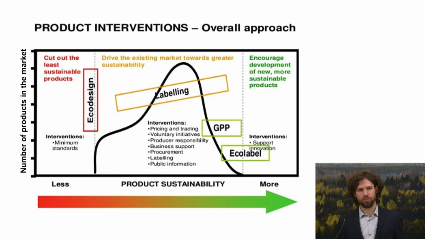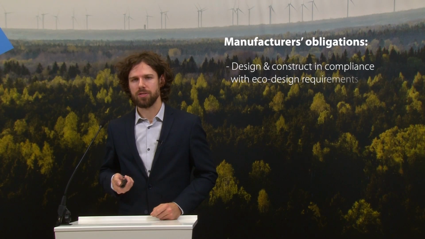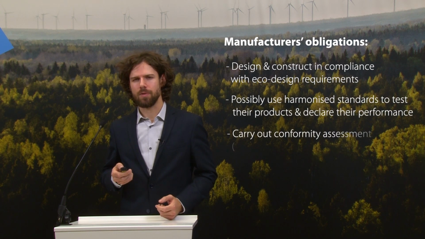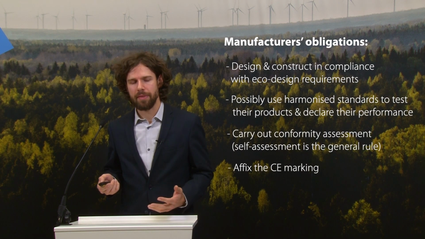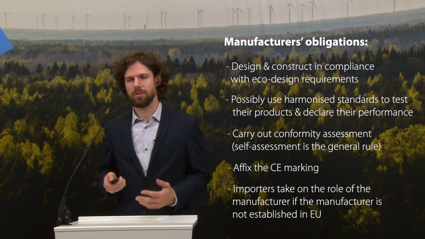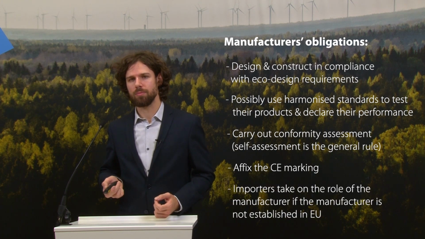People like to portray themselves as thinking about climate change and those aspects. So it's a way to make companies want to make their products with an image of thinking about environmental aspects. The other tools, GPP and eco labels, take it a step further. The Eco Design Directive, as I said, sets obligations for manufacturers, but companies can think of those obligations as a problem, as an obstacle, or they can use these obligations as a way